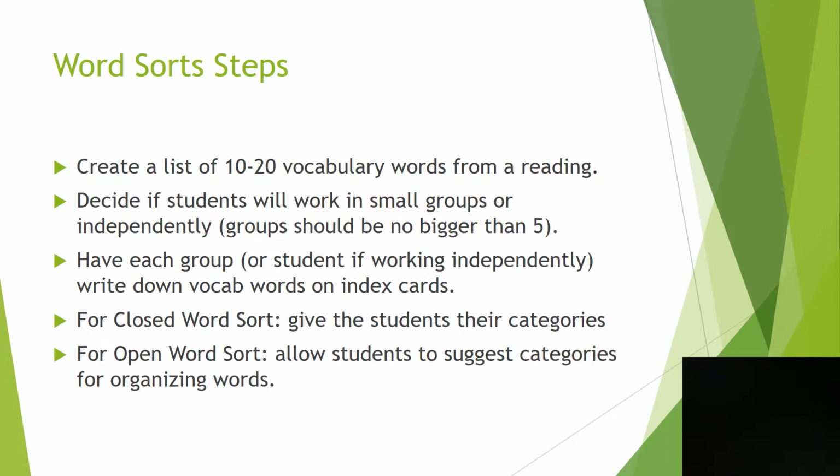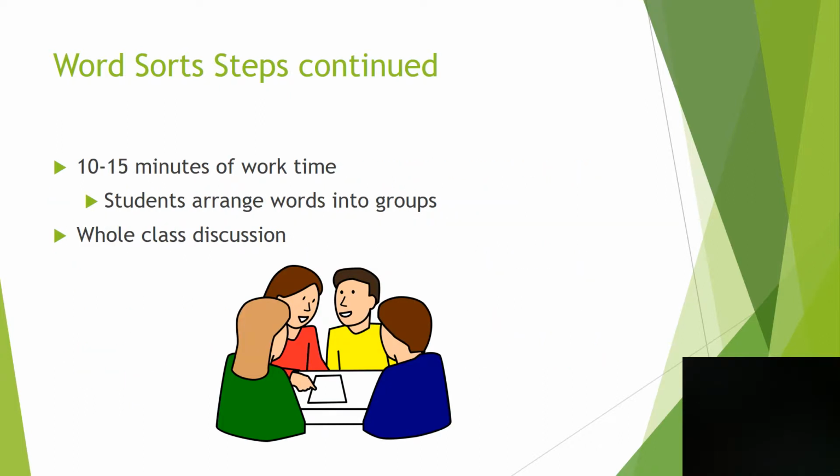And if you're going to do an open word sort, what I would have the students do is come up and generate a couple different category ideas, and then as a group you'll decide what categories to use. Then once all the students have their index cards and their groups have been decided, give them about 10 to 15 minutes of work time where they can arrange the words into their groups,